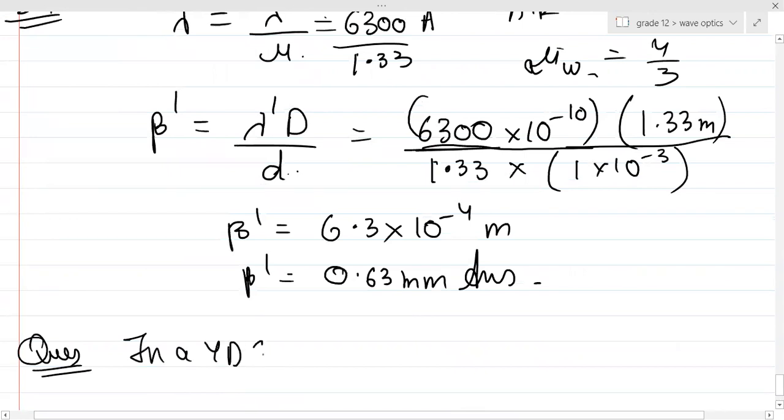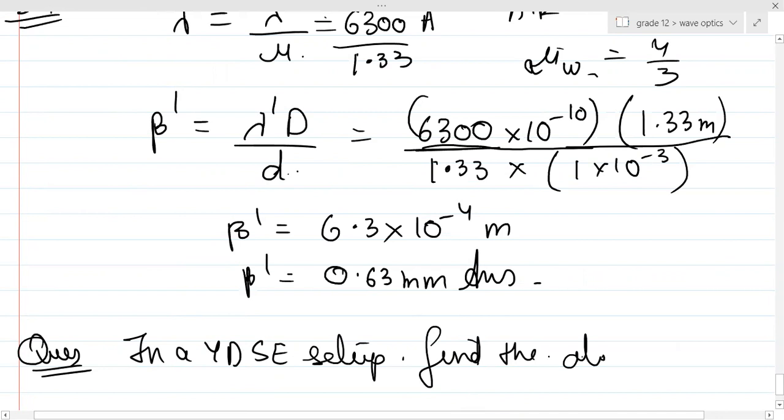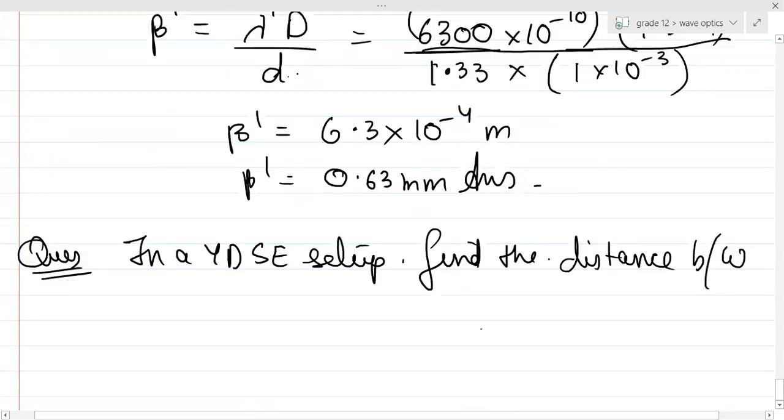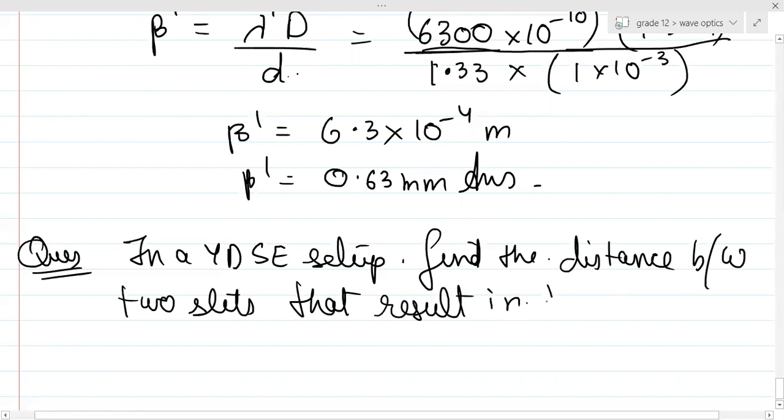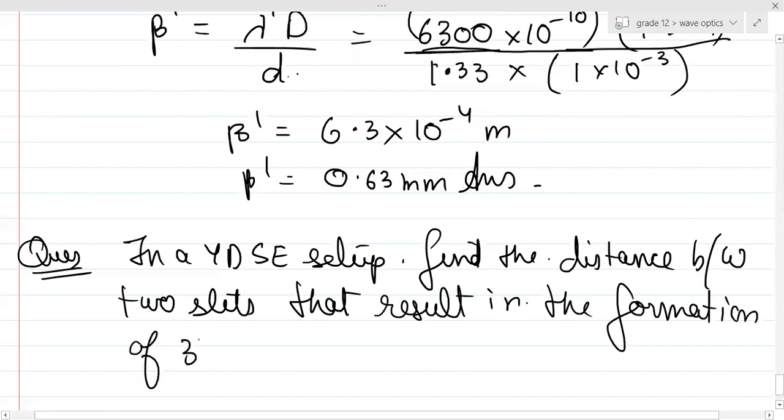In a YDSE setup, find the distance between the two slits that results in the formation of the third minimum for